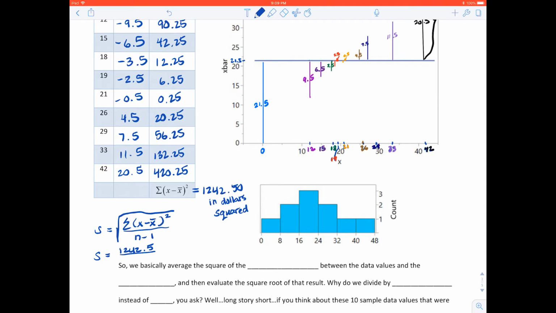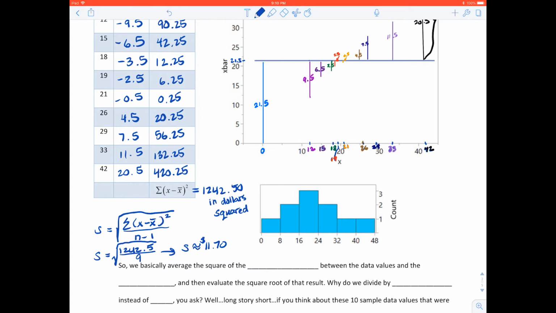N is 10, so n-1 would be 9, and we're going to square root that whole thing. And this will give us that S is approximately $11.70. So you're back to the same units that you